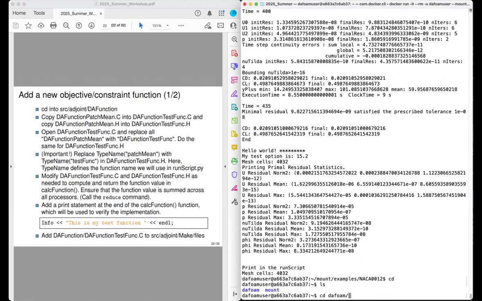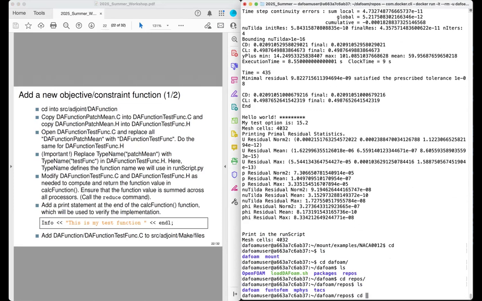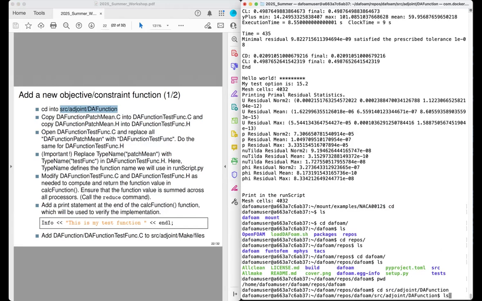Go to DAFoam. Go to repos. Go to DAFoam. Should be in this folder, the DAFoam source code, the home directory, DAFoam repos, DAFoam. Okay. Then cd into this class called DAFunction. Cd in this folder, right? And if you type ls,